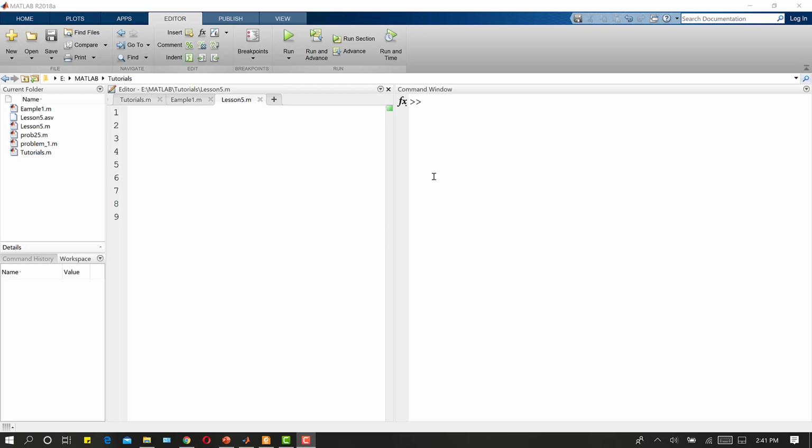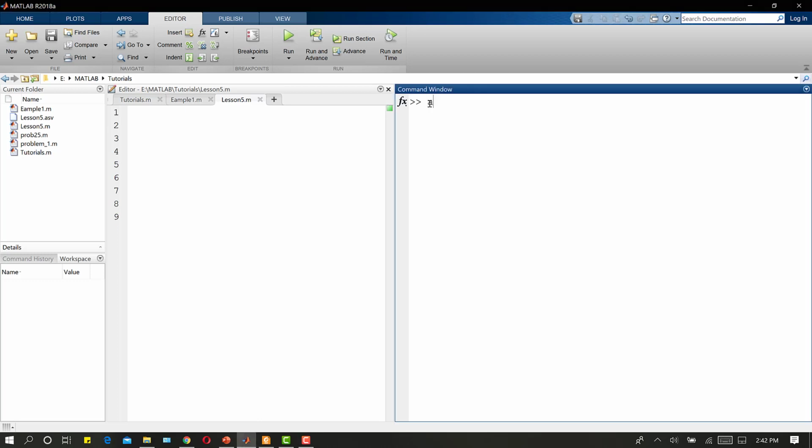So far we have discussed row vectors, how to enter a row vector and a column vector. Now how do we enter a two-dimensional vector or matrix? Let's suppose I want to enter a matrix A with 2 rows and 3 columns. I can enter it like this.